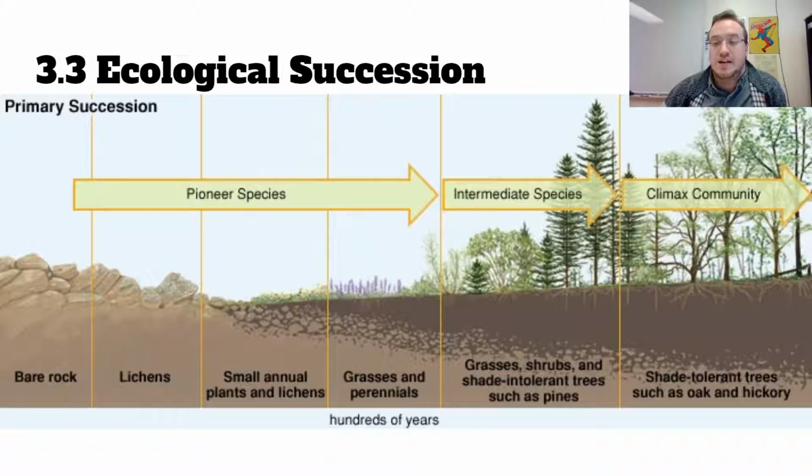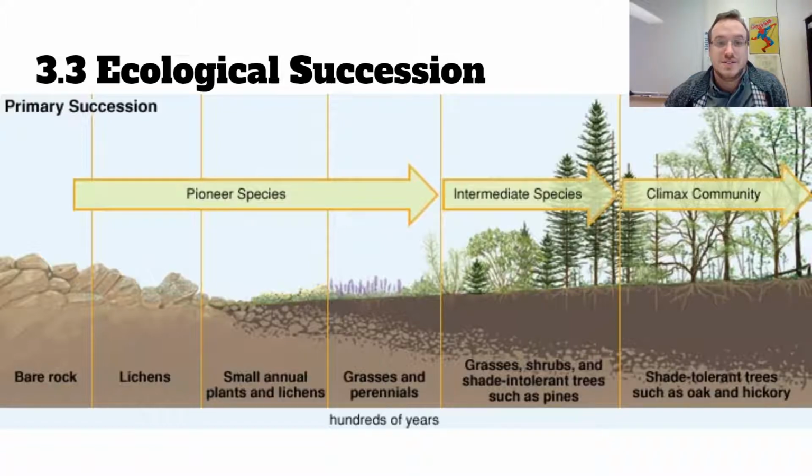As they do that, they start to provide shade in that area, and because of that, we need plants that can grow in the shade. So the shrubs may change, and we're going to have more shade-tolerant trees like oaks, hickories, and maples, depending on how north you are. But these make up what's called a climax community. Climax means it's the end in this case, right? It's not like the climax of the story where all the good stuff's happening and then we have something that comes after it. Climax is the end of our succession progress here.